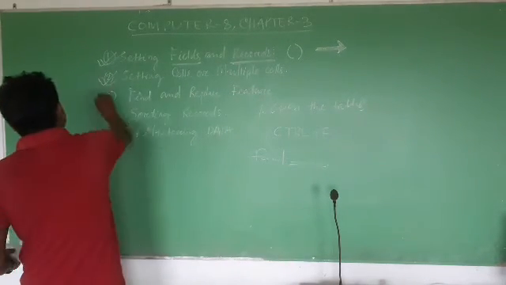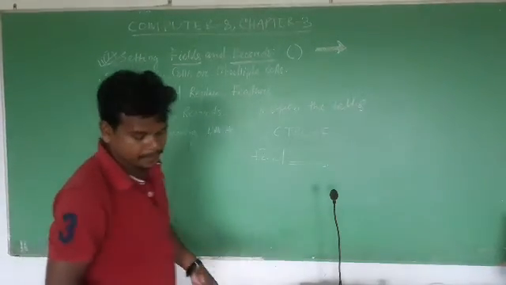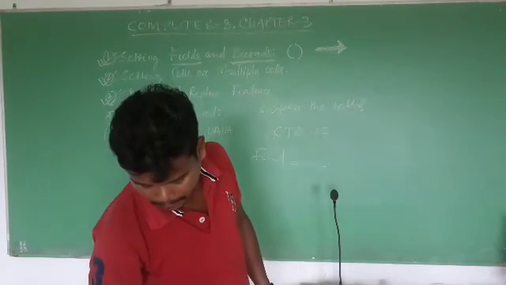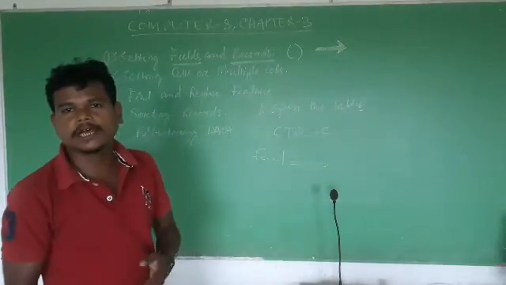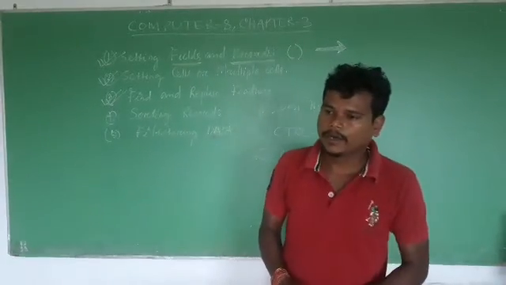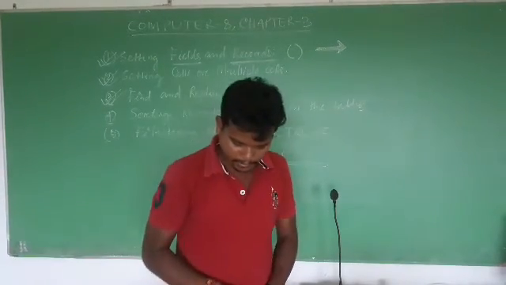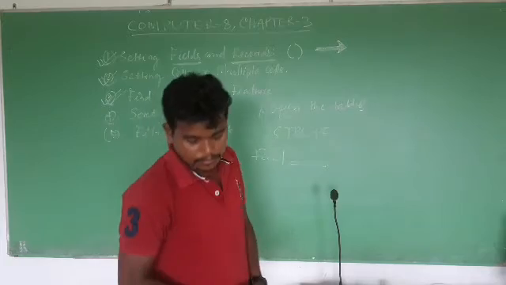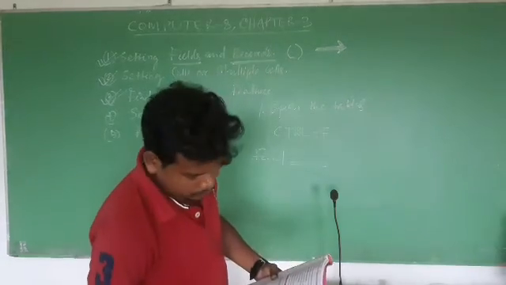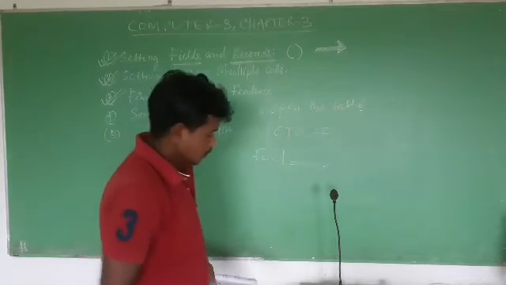Next, coming to sorting. Sorting in MS Access, we can sort the database or the records or fields in a particular order, that is ascending order or descending order, according to the field size, or alphabetically also we can arrange or sort. So you can change the order of records in a table, and this helps you to organize and analyze the data. To sort the records, some steps